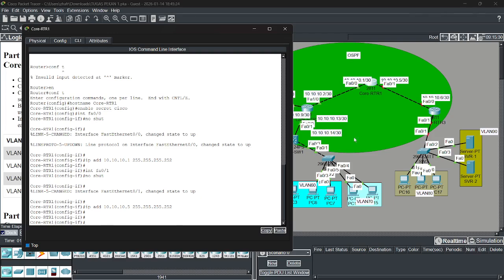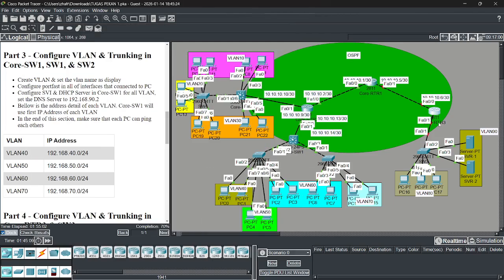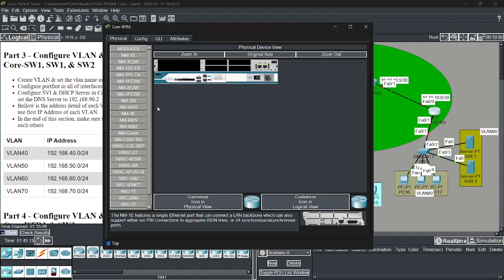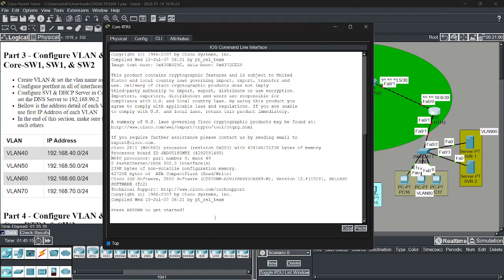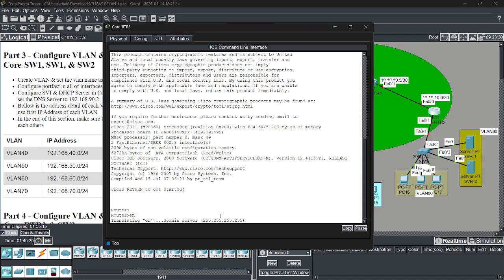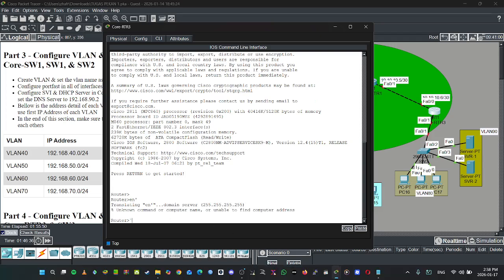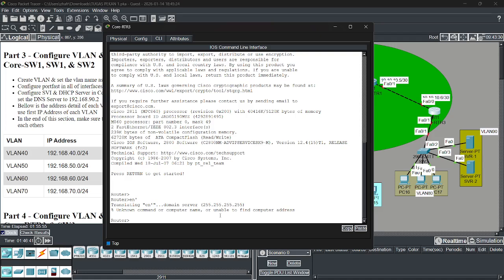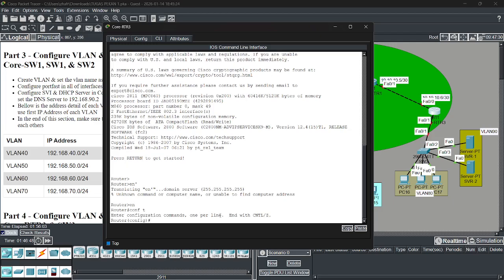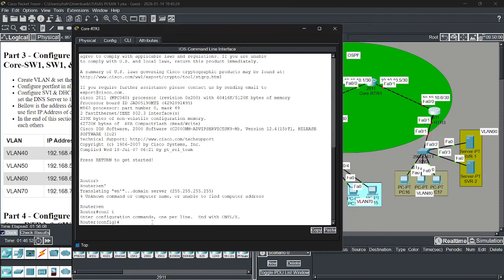And then we configure core router 3. Okay, core router 3. Enable. Sorry. Okay, mistake. Sorry. We enable first, configure terminal. After configure terminal, we activate the port first.